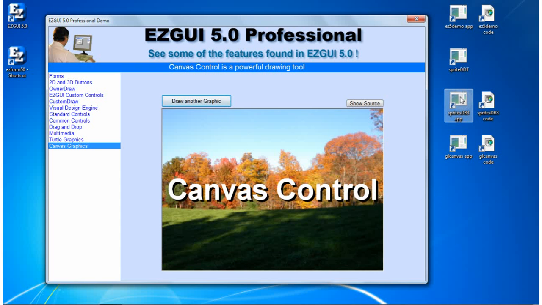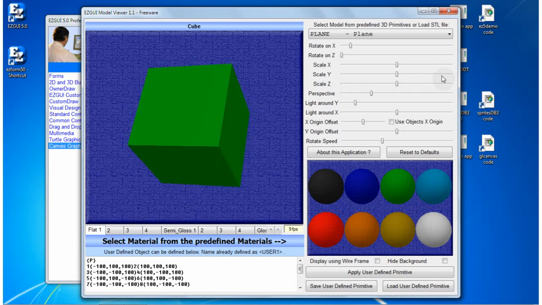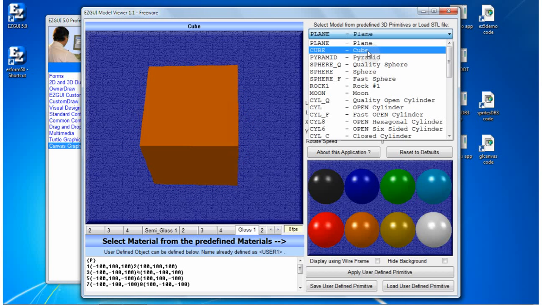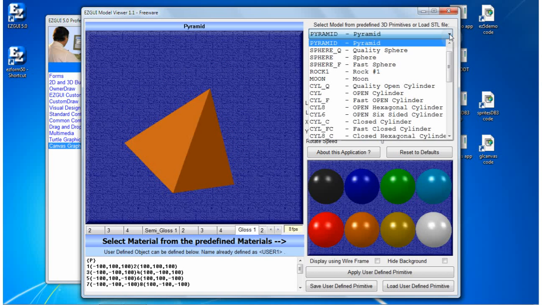Now let's look at a little more sophisticated application using EZGUI's 3D Engine. EZGUI has a 3D scripting language built in. The scripting language allows you to define a number of different objects and shapes without even using an actual model. For example, there are different 3D primitives, such as a block, a pyramid, a sphere,